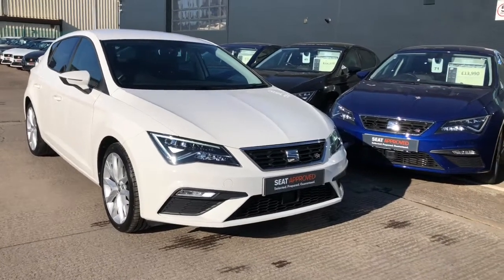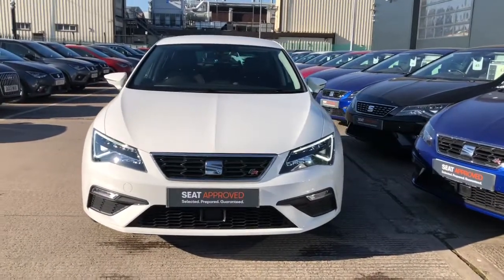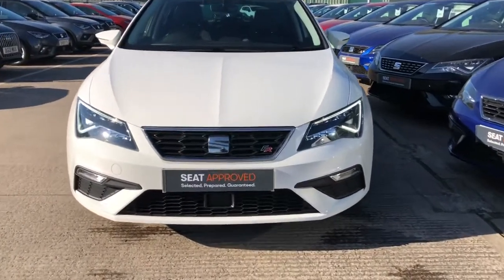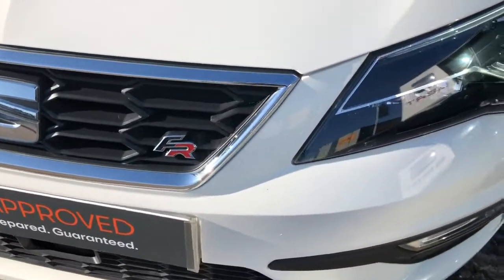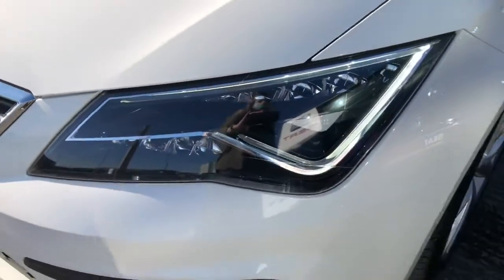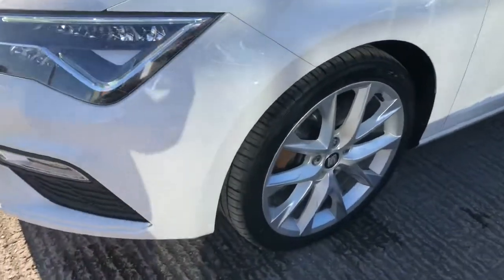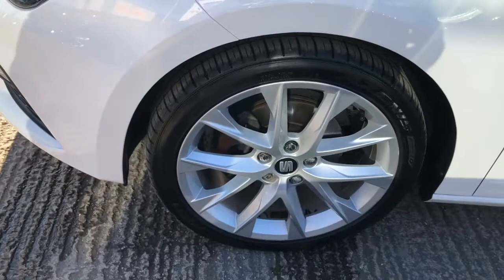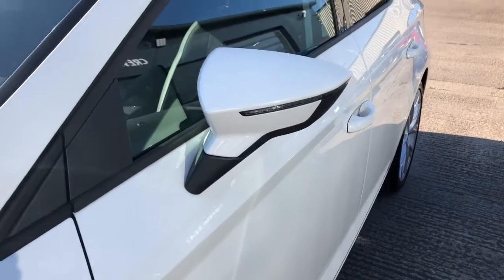This is a quick video tour of this approved used Seat Leon FR. This is a 1.4 EcoTSI FR Technology vehicle. It's a 150 PS and it's a DSG automatic. This vehicle comes with the front and rear FR exclusive bumpers, and it also comes with the LED headlights and LED daytime running lights. We've got these stunning alloy wheels, which are the 18-inch alloys, and also the indicators located